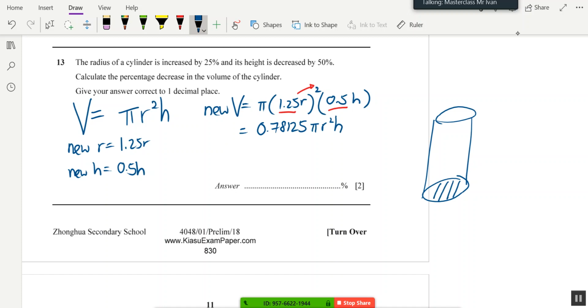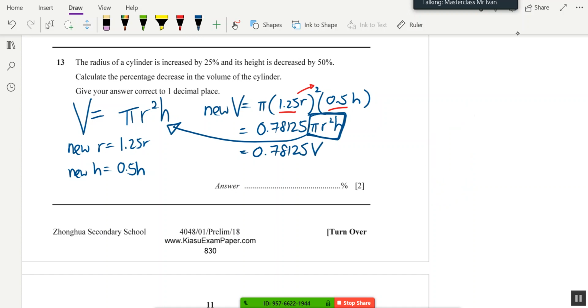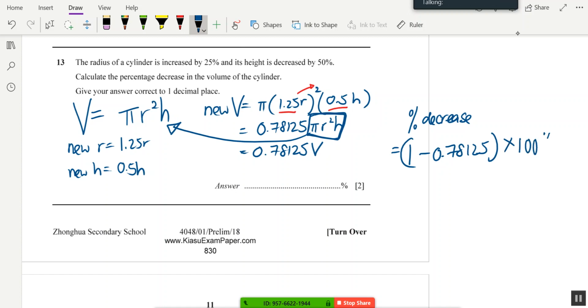Okay. That means the new V increase or decrease? Decrease. Because do you know why pi R square H equals to what? Megan, what is pi R square H equals to? Volume. Yeah, which is the V. So the new V is 0.78125 V. So was there a percentage increase or decrease? Decrease. Decrease by how many percent? So how do you write? The original one is always 1, so percent. Yes, the original is always 1 equals to 1 minus 0.78125 times 100. Well done. Okay, and that would be equals to, use your calculator to get